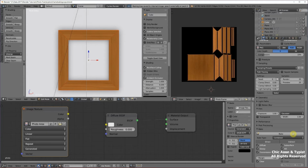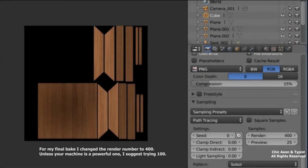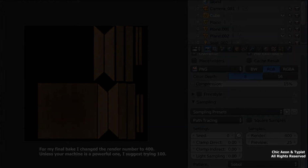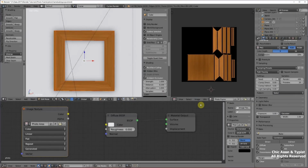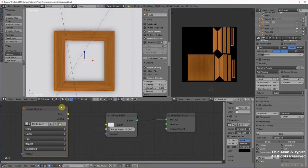There we go. And there's our final texture. We're going to go to Image, Save as Image, and save the file wherever you want to save it. We will upload it into Second Life in just a minute. We also need to save our model, but before we save our model, I'd like you to switch to Object